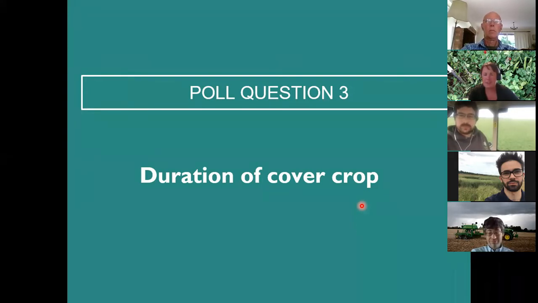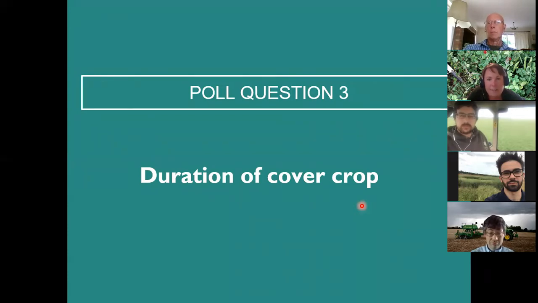So the majority of you looking at going through to spring cover, I would guess, in terms of the duration, but some of you considering longer term, I imagine, and some of you doing those longer term breaks already. And perhaps with the wet conditions this winter as well, perhaps some people have looked at cover crops that hadn't considered them before.